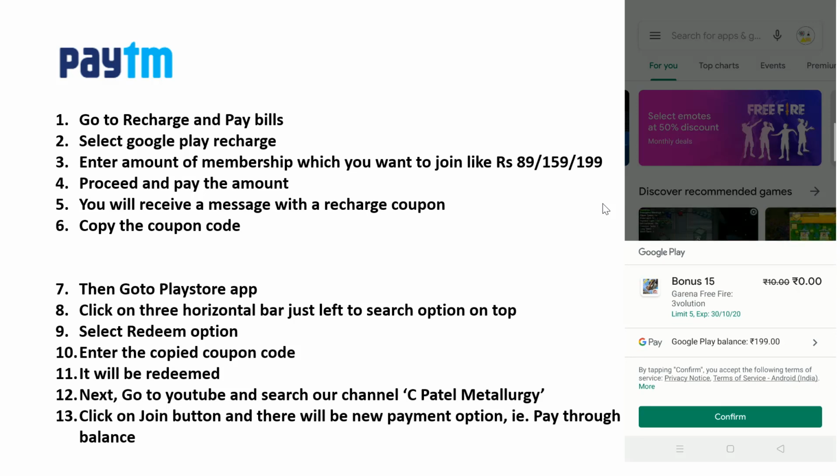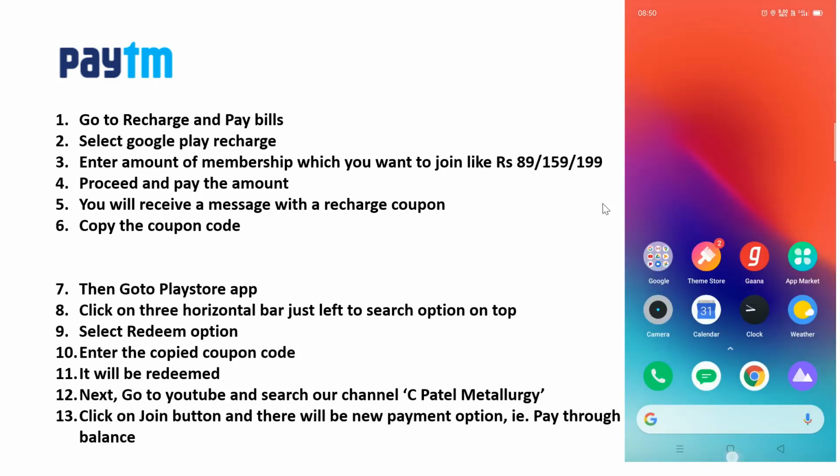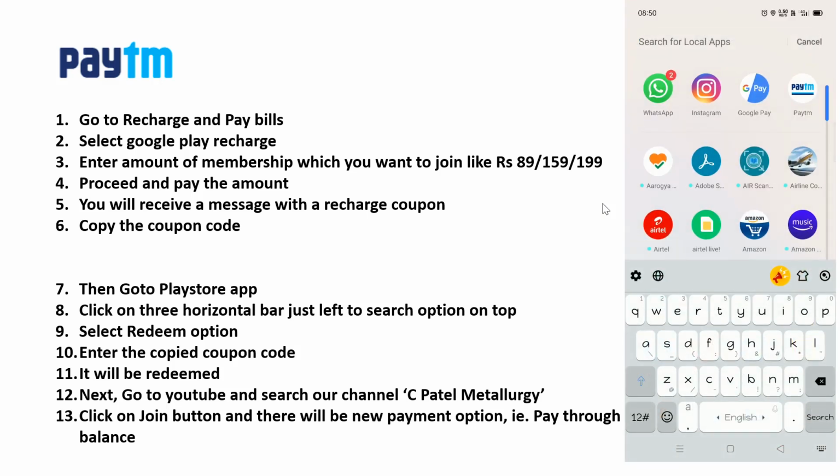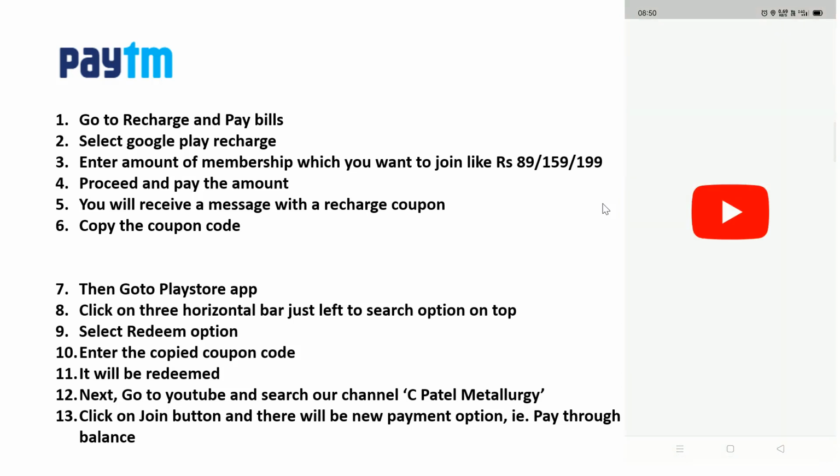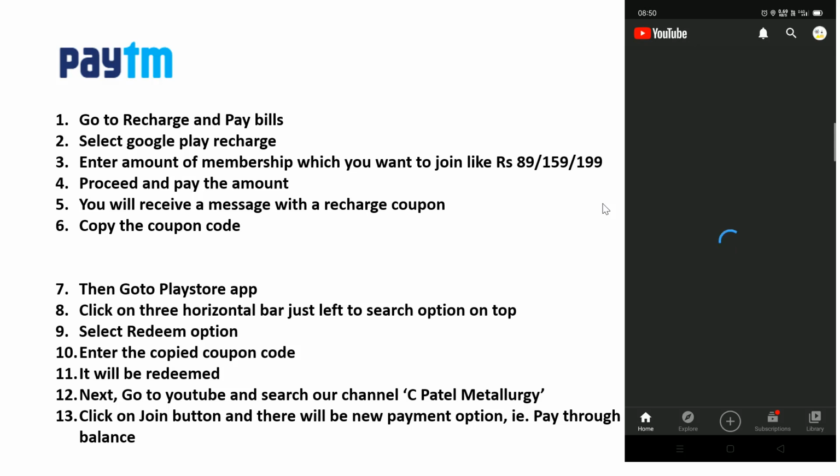Now what happens after this? You go to YouTube. After opening YouTube, make sure that the Gmail ID which you are using is the same one on which you received the code.